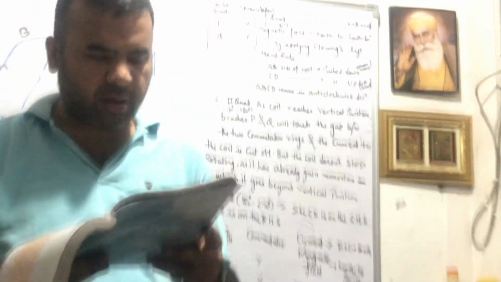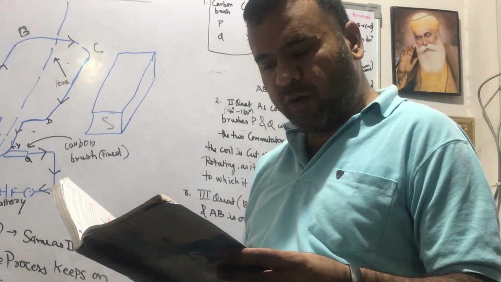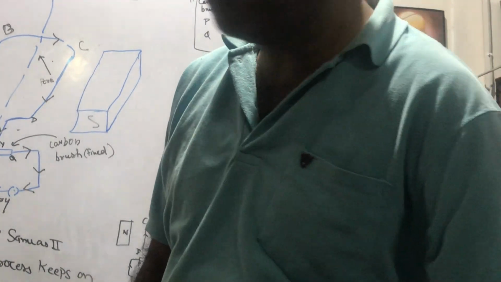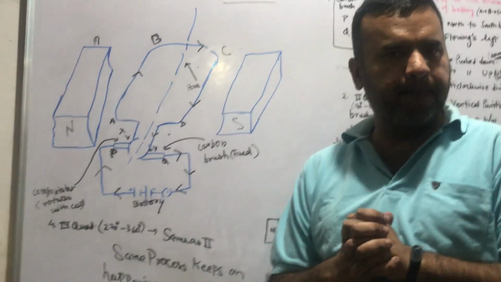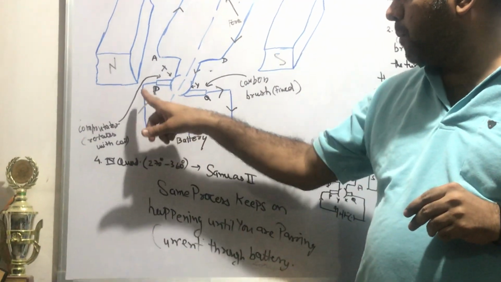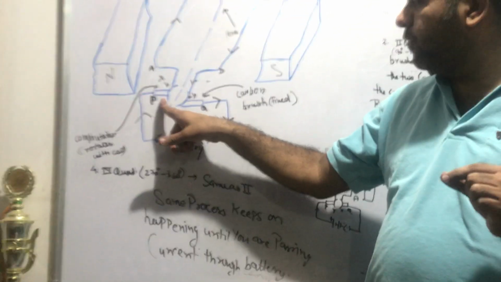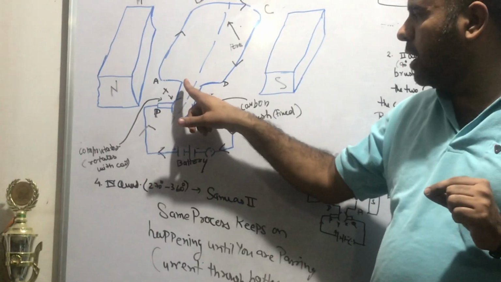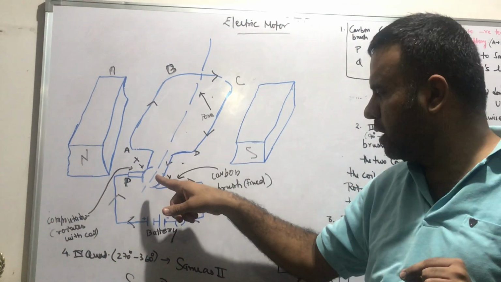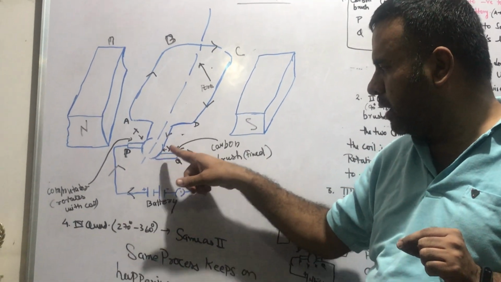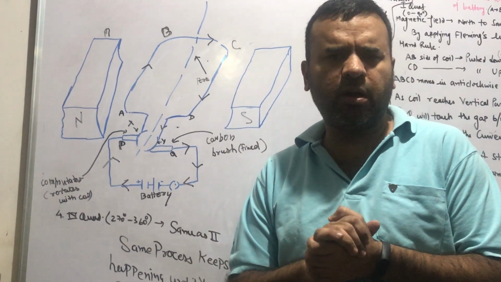Initially, the coil ABCD is in the horizontal position as it is shown here. When you will pass current with the help of the battery, as you know, the current moves from positive to negative terminal of the battery. The current will go from positive terminal of the battery to carbon brush P. Then it will go to commutator X and it will follow this path A, B, C, D. As you can see, the arrow is indicating the direction. Further it will go to the commutator Y, then to carbon brush Q, and further through switch it will go to the negative terminal of the battery.